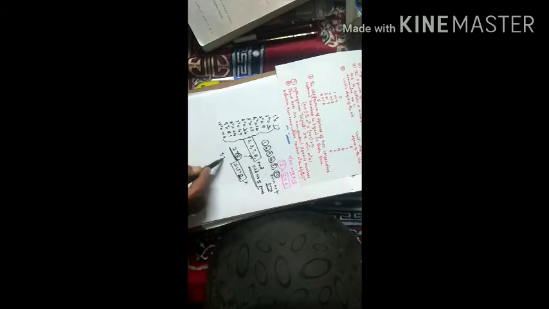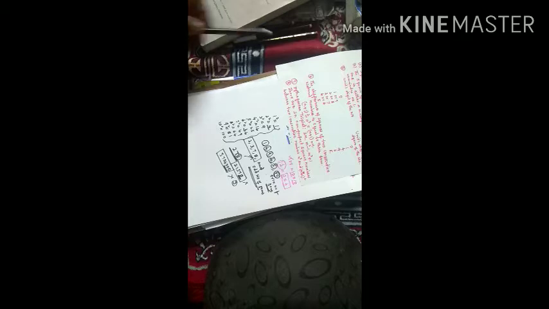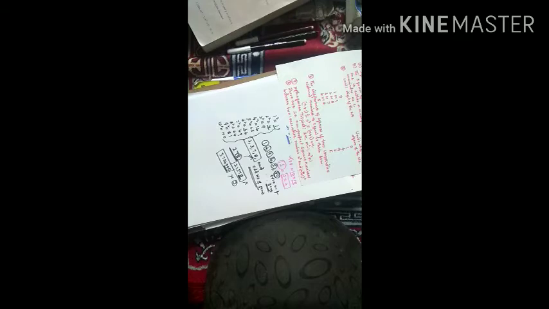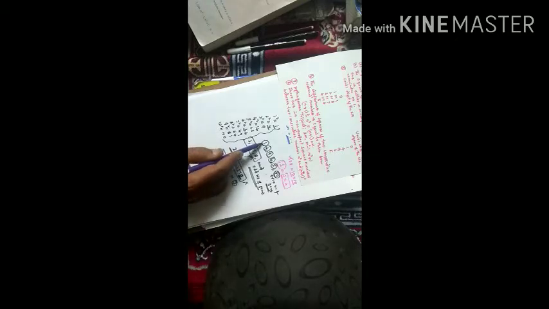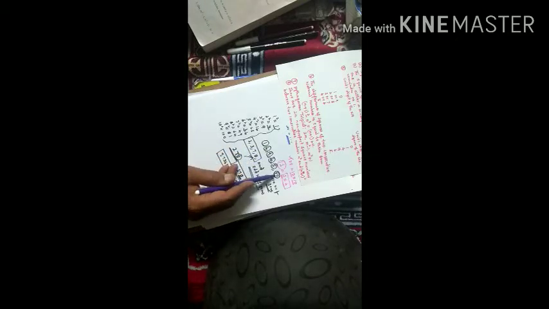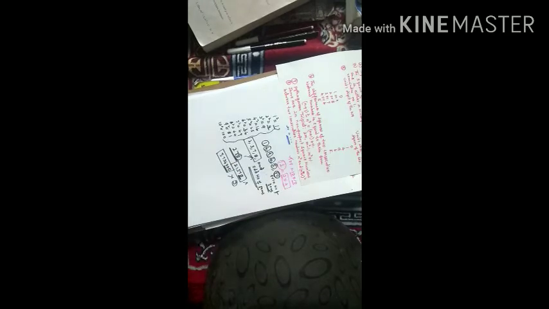For example, 5, 7, 3, 6, 0, 0, 0. Whether it is a perfect square or not. Yes, it is not a perfect square because it is ending with 3 zeros. 3 is an odd number, therefore it is not a perfect square. But you have to listen carefully. This property is very, very important because I am explaining that if a number ends with 2, 3, 7, 8 or an odd number of zeros, it is not a perfect square. But we can't say that if a number ends with 1, 4, 9, 6, 5 or an even number of zeros, it is always a perfect square number.